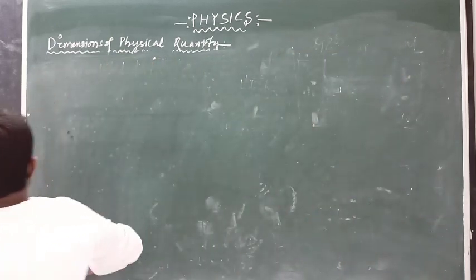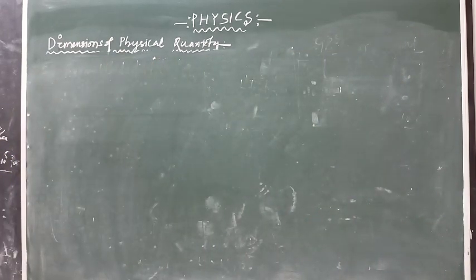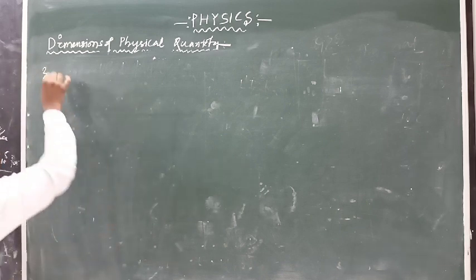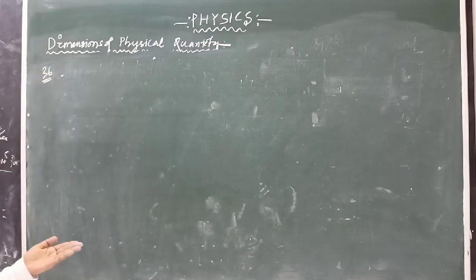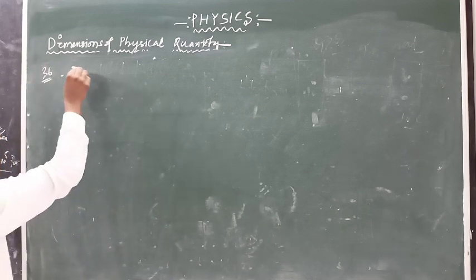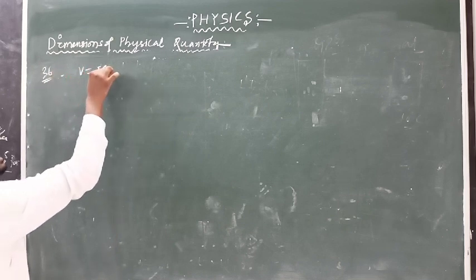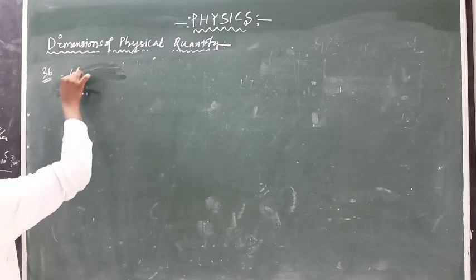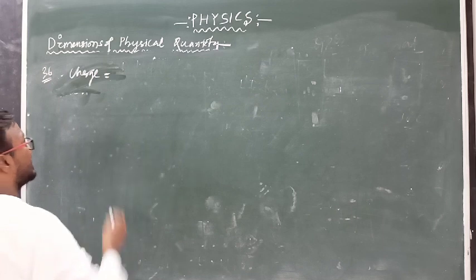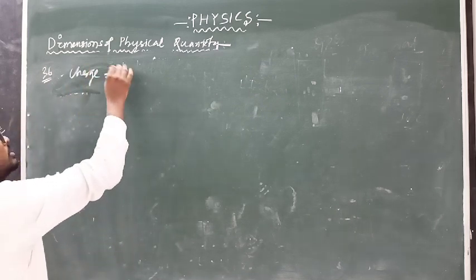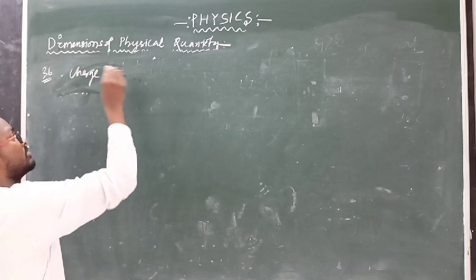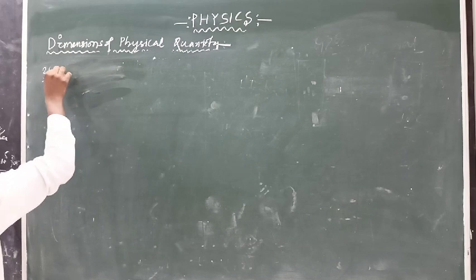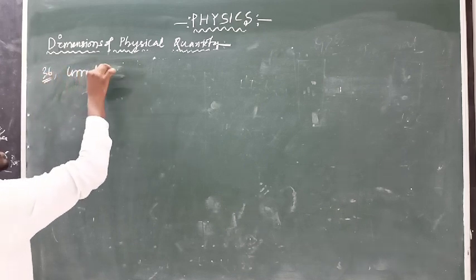Clear? Or if we want to find another dimension also, dimension number 35 or 36, you already know according to Ohm's law V equal to IR. Or if you want to find the dimension of resistance, first we find the dimension of charge, and charge has its unit coulomb. So the dimension of charge you have to remember. First we have to find the dimension of current, it is easy. So the dimension of current, which is equal to